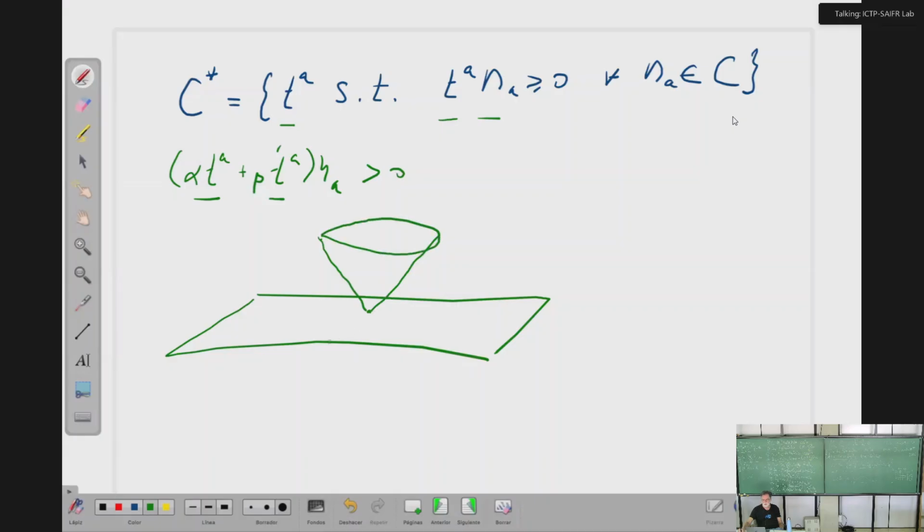The cones, remember, since all these planes are cones, and so the cocones are vectors which are here, inside here,